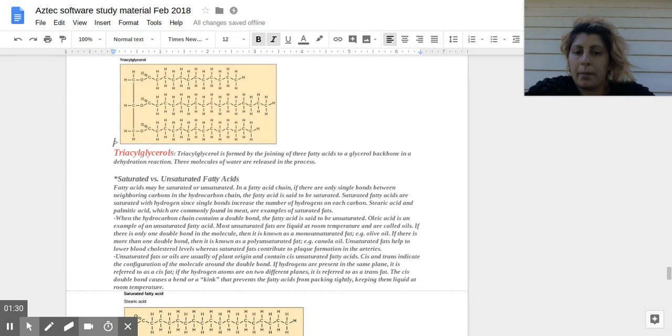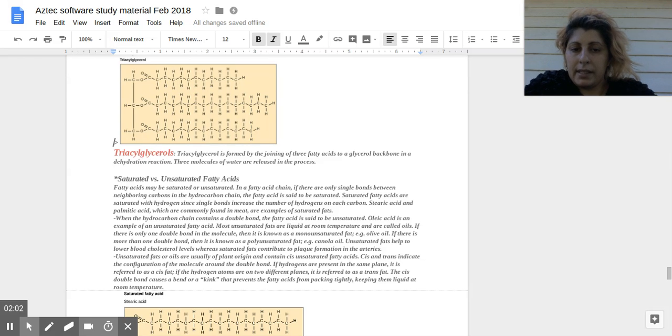Saturated, again, if they have only single bonds, they are found usually in meats. Stearic acid and palmitic acid are saturated fatty acids, and unsaturated, like oleic acid, for example, are